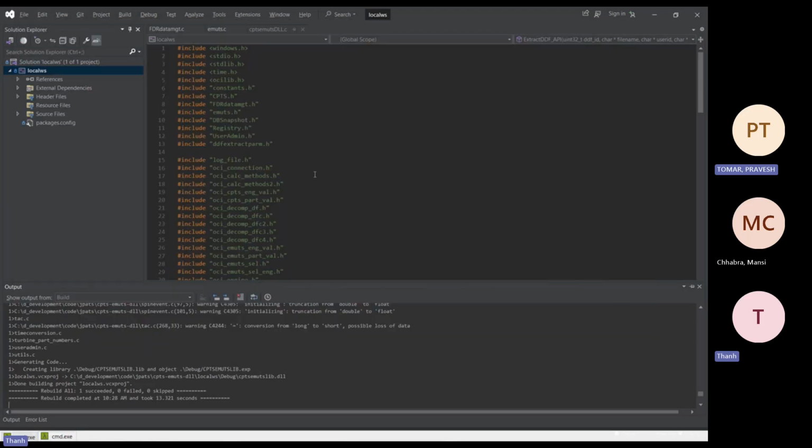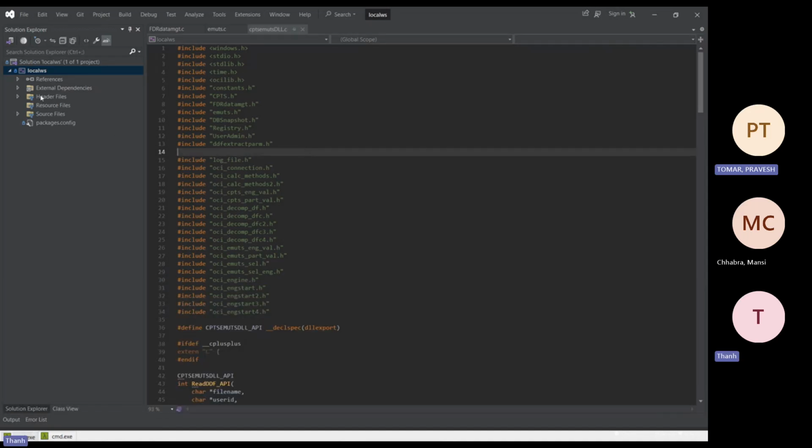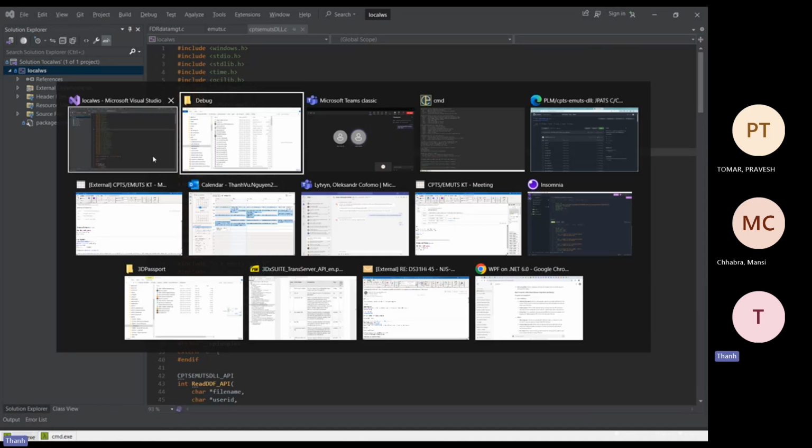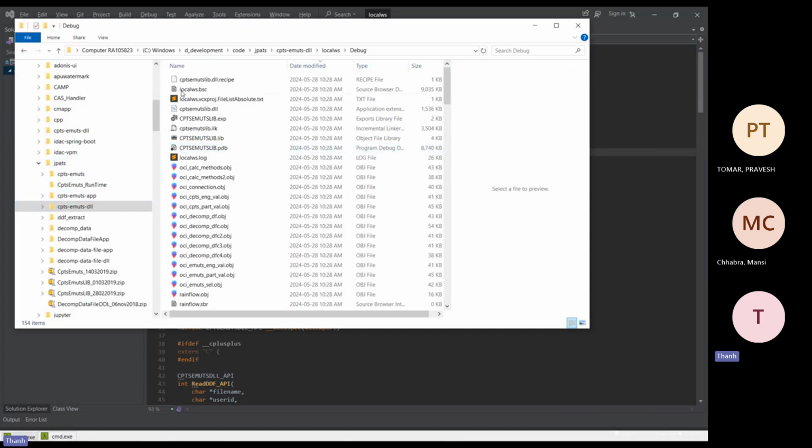The exe, do you follow? Not the exe, the DLL. Oh, okay, not yet. It's for... Yeah, local dependencies. Okay. Yeah, you see, if I go here, this is where my project is: development code, JPAD, CPTS, EMUTS, DLL,